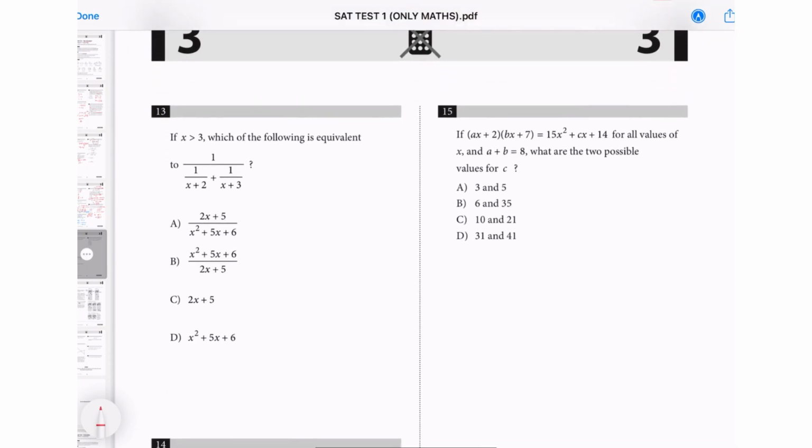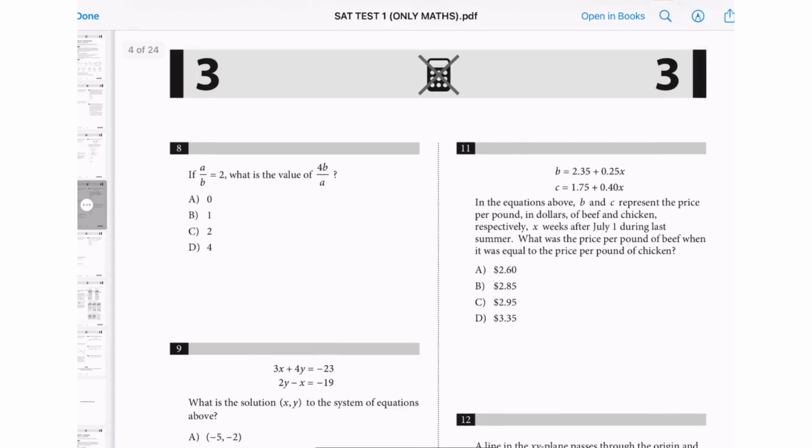Again here, which of the following is equivalent to this? Here what we need to do is simplify this and then take the reciprocal. So I just simplify this. This gives you the LCM as x plus 2 times x plus 3. And here it will be x plus 3 plus x plus 2. So what happens? This becomes 1 over